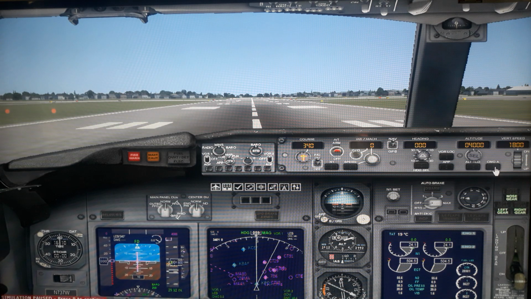And this is the autopilot command button, and then the autopilot master. This whole area is called the MCP, Master Control Panel, but normally called the Autopilot Panel. This is where we put in all the flight parameters.